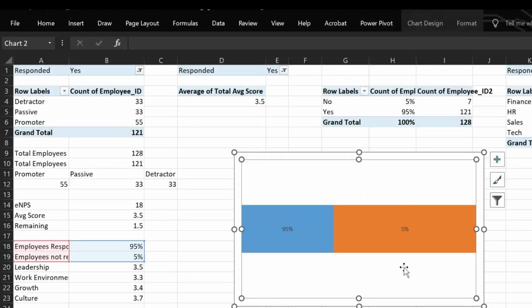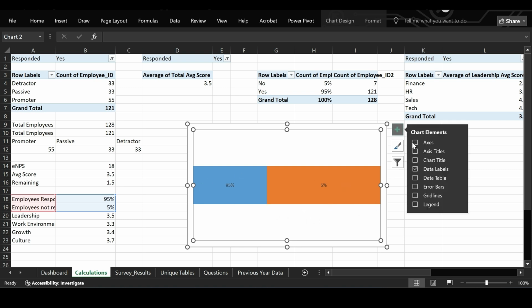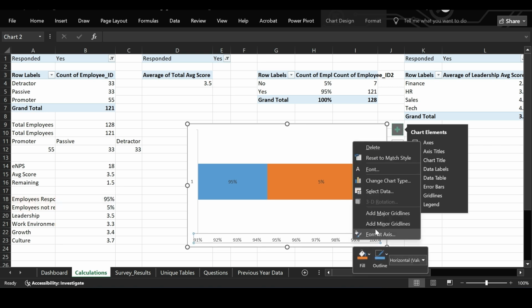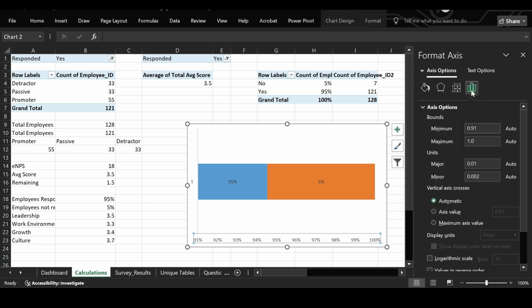Now if you see, this chart is not looking proper. 95 is showing less as compared to the remaining 5%. If you are also getting a chart like this, re-add the axis again, select the axis, right click, format axis, come here to axis options.